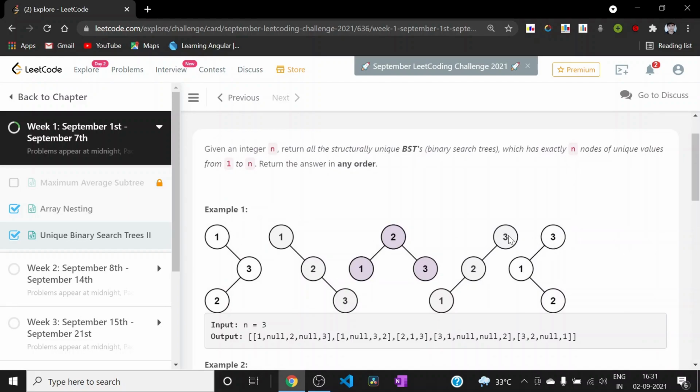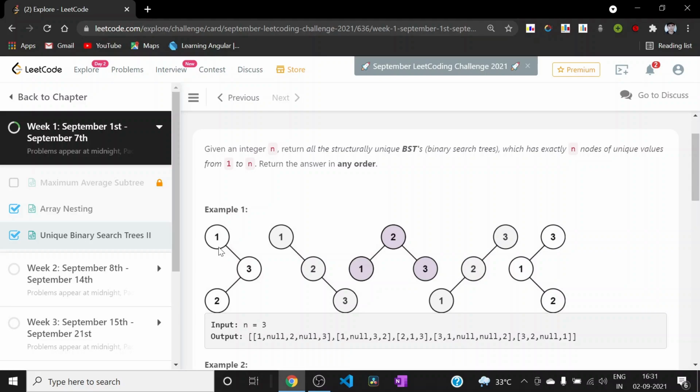We all know that there may be n possibilities of the root node. So for an integer n, it may be possible that the root node will be 1, it may be 2, similarly it may be 3, it may be 4, up to n.